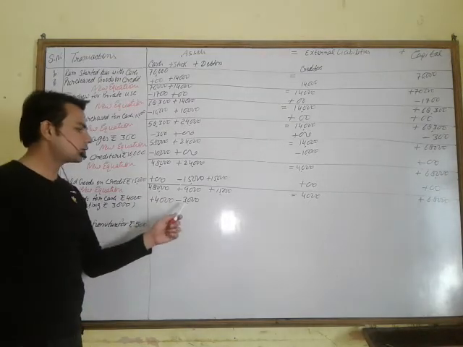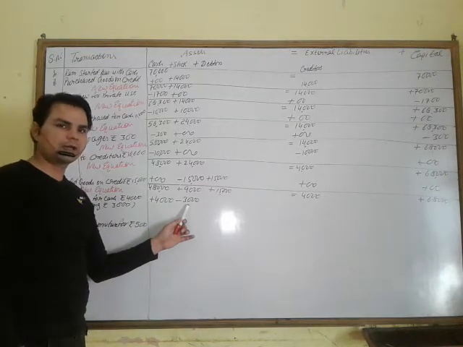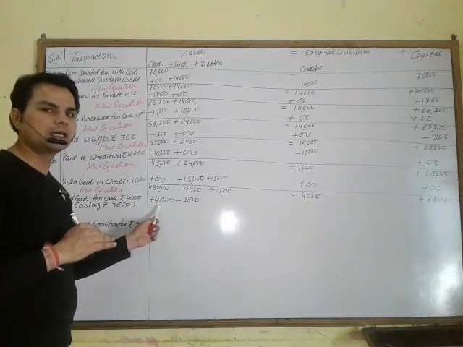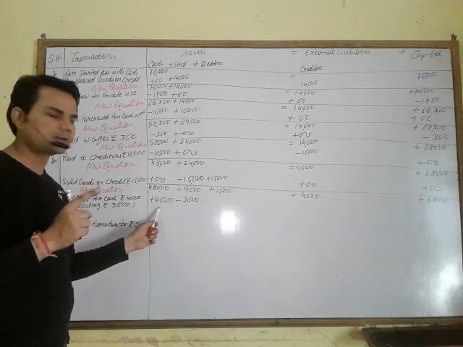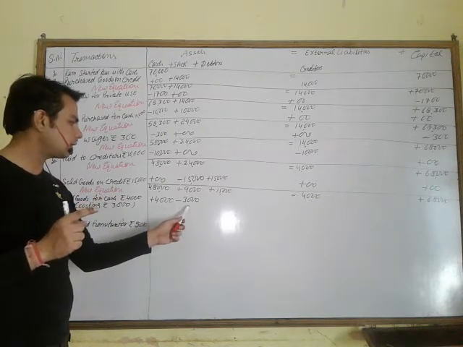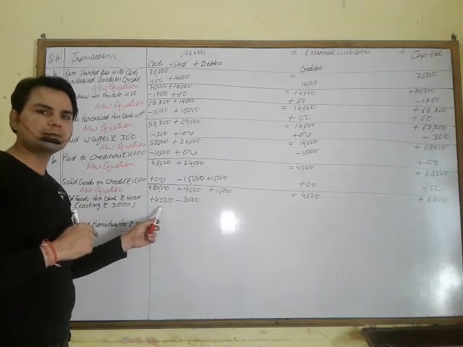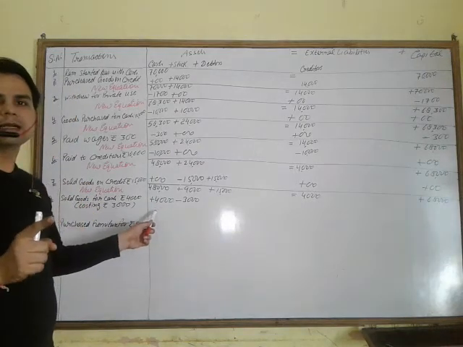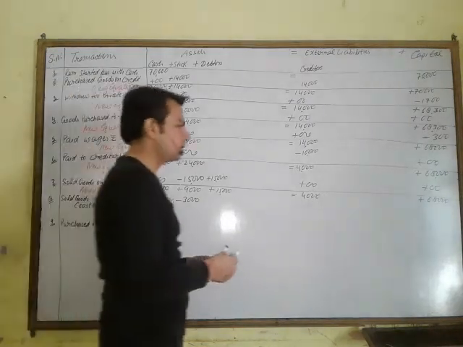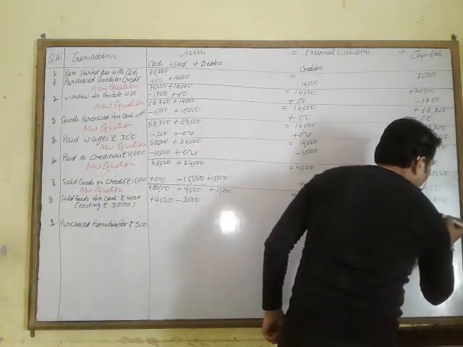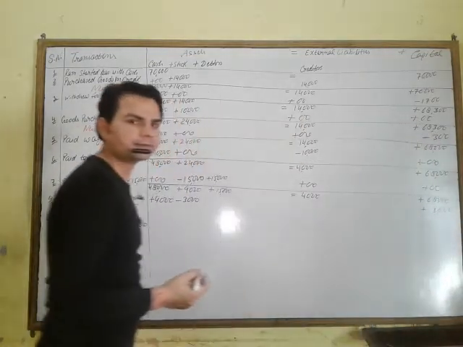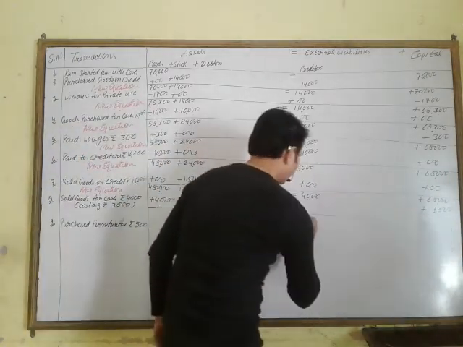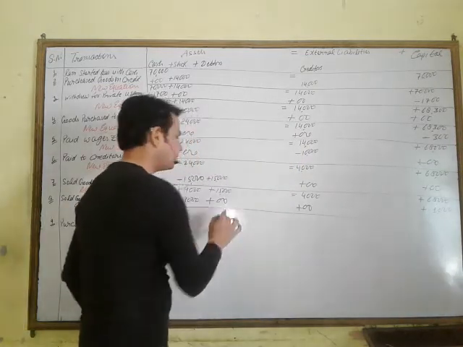Now you can say the stock was reduced by 3,000. And the stock of 3,000 was sold for rupees 4,000 in cash. Cash will increase 4,000. It means there is a profit of rupees 1,000, because the cost of stock is 3,000 and the selling price is 4,000. Profit increases the capital. So add here rupees 1,000. Here add nothing. Here add nothing.